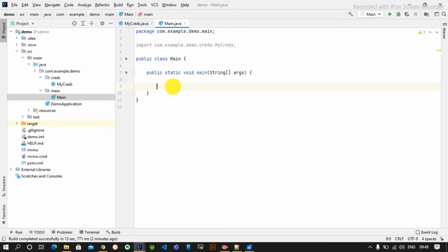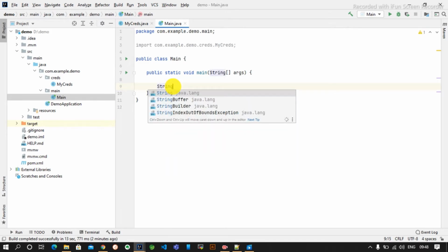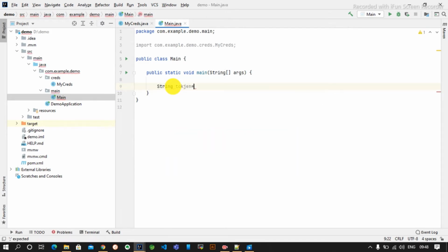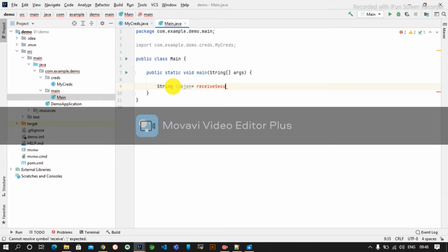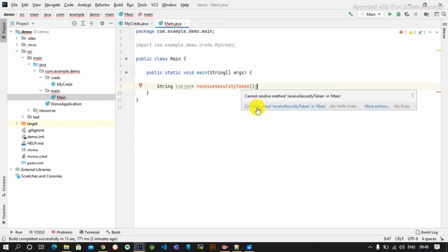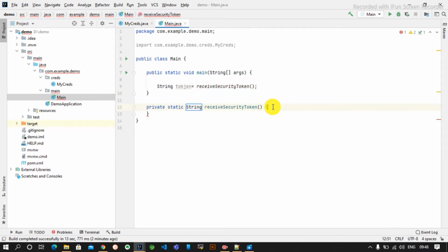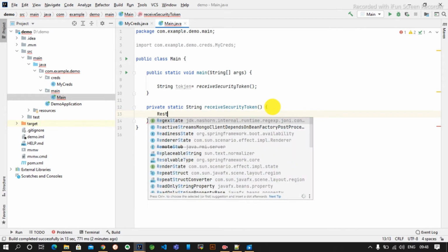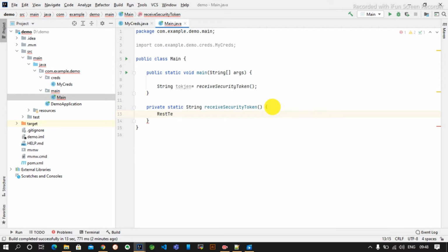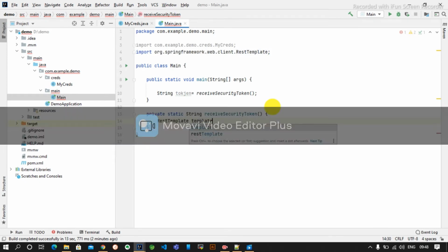So here I will first make a string token equal to receive security token. IntelliJ creates this method for us. In this method, we will simply use RestTemplate.